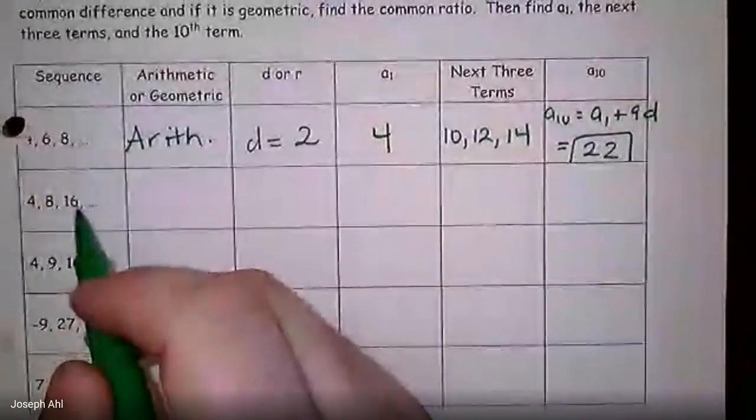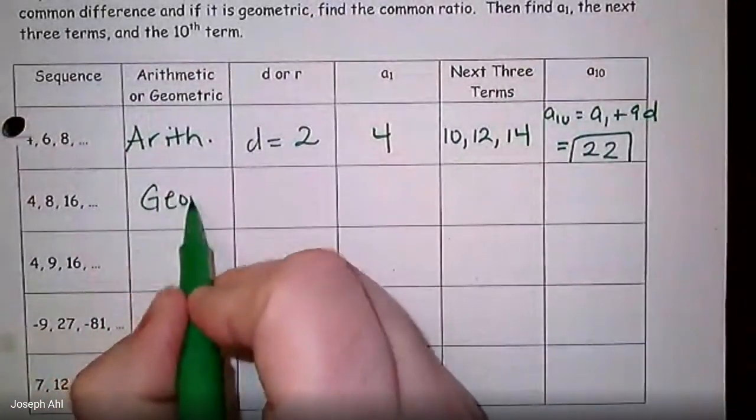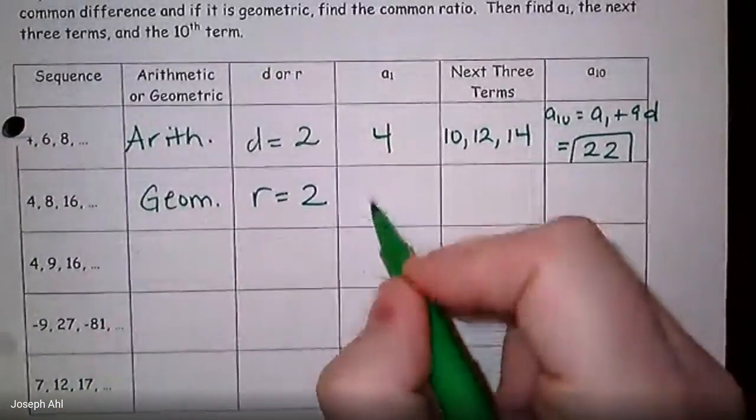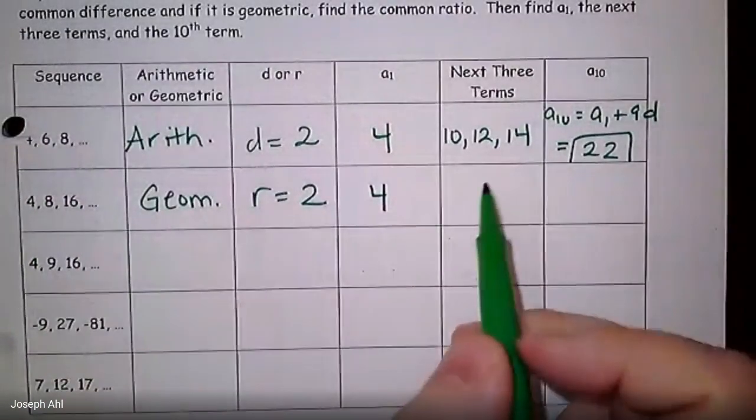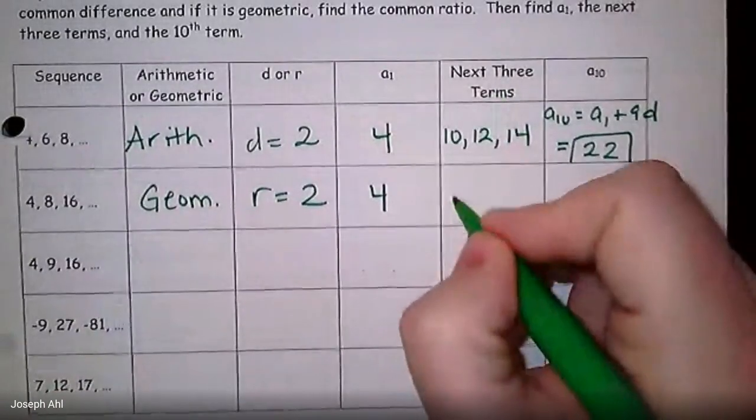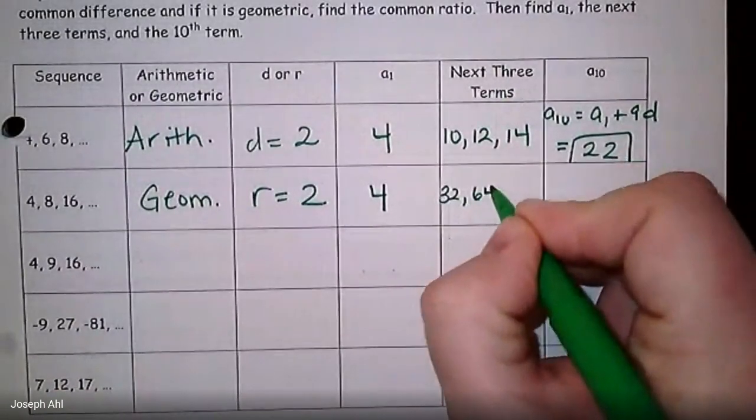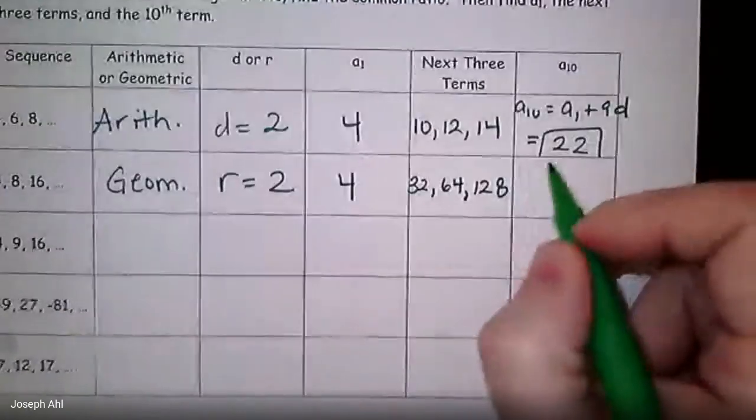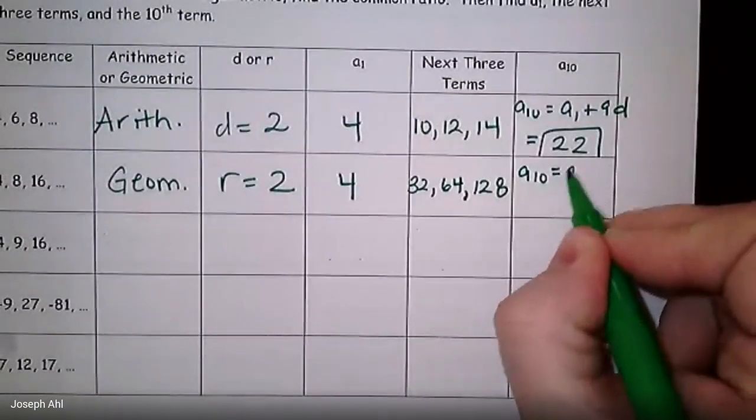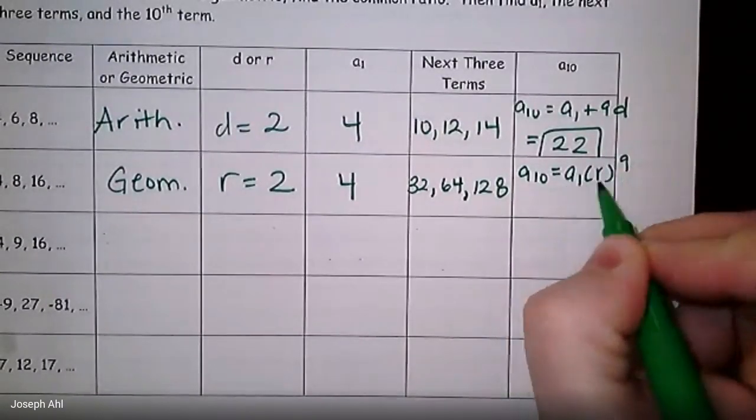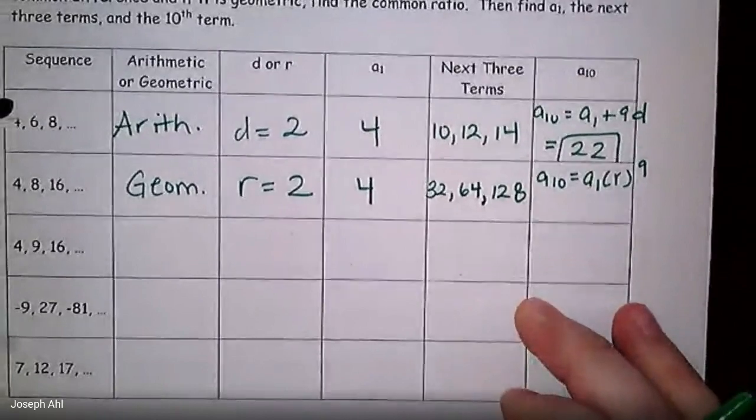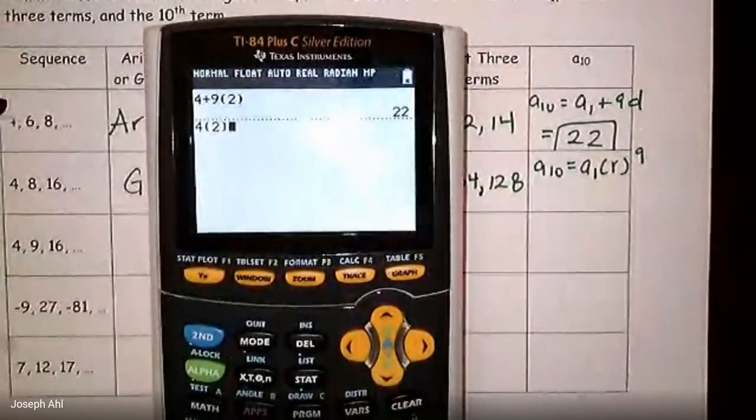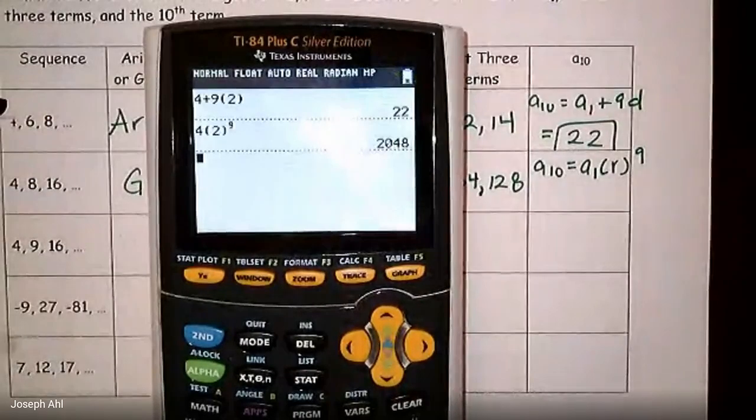If I go over to 4, 8, 16, now it's geometric with an R value of 2, right? We're multiplying by 2 to get from one term to the next. A1 is 4. The next 3 terms after 16 are 32, 64, and 128 if you just keep multiplying by 2. To get the 10th term in a geometric sequence, take A1 and multiply by R to the 9th. Okay, so let me just plug in what I know. A1 is 4 times the R value to the 9th power. 4 times 2 to the 9th is